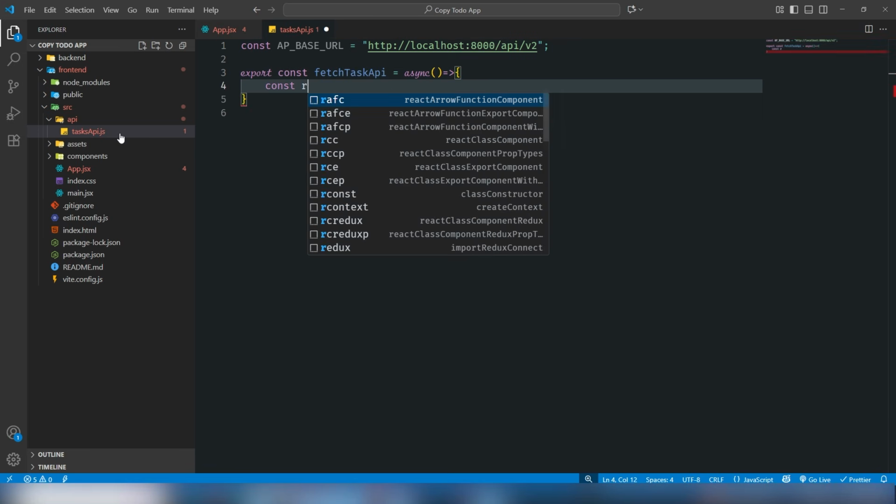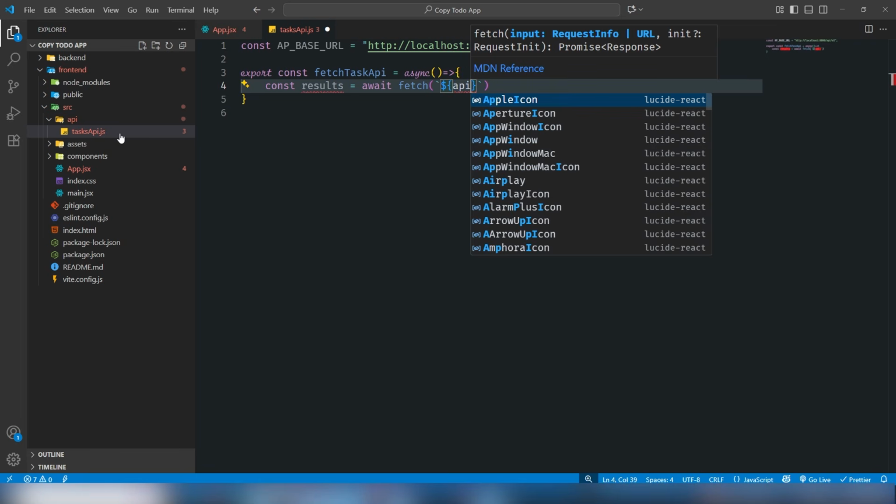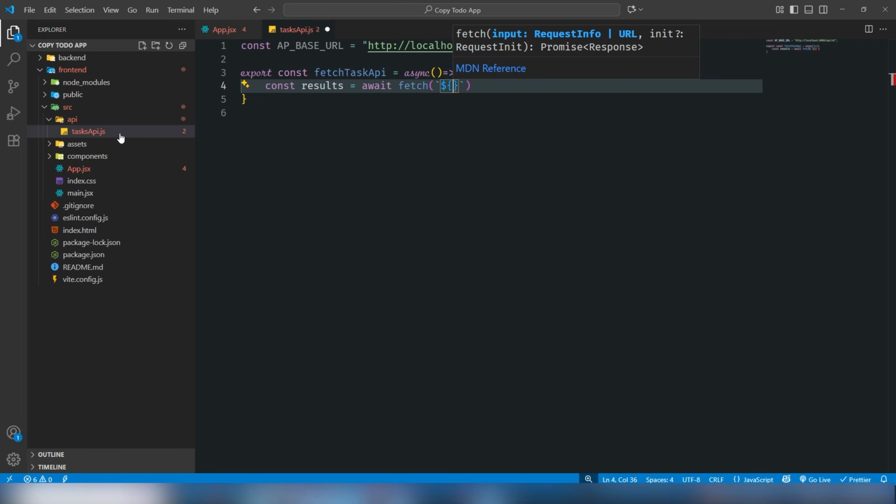So const result, yeah, I'm going to use a result of await fetch function, template literal, and my base API URL is